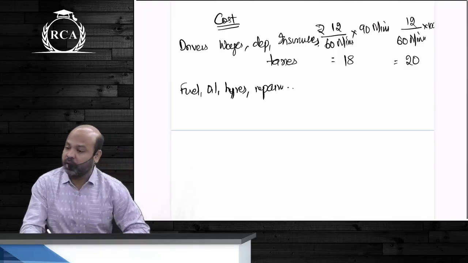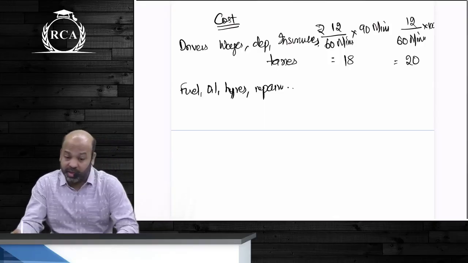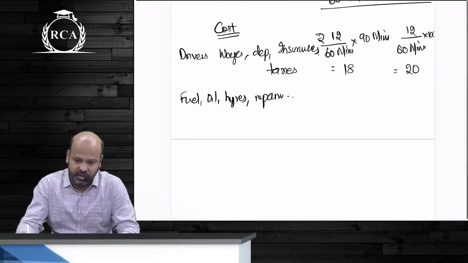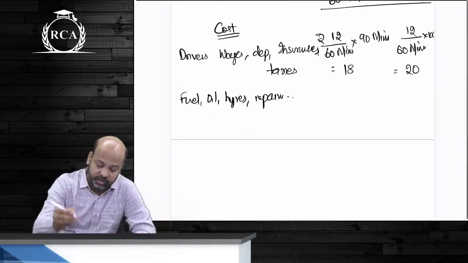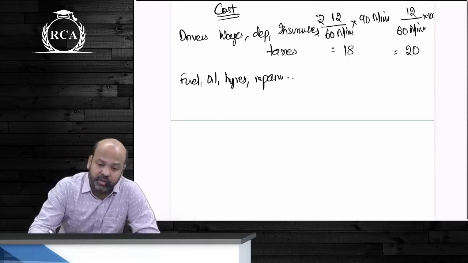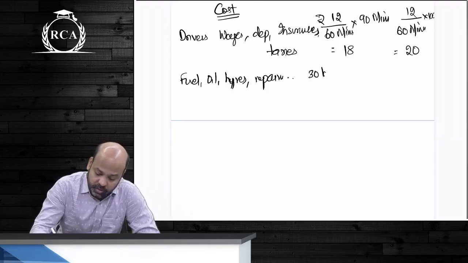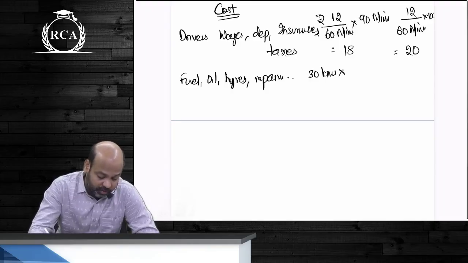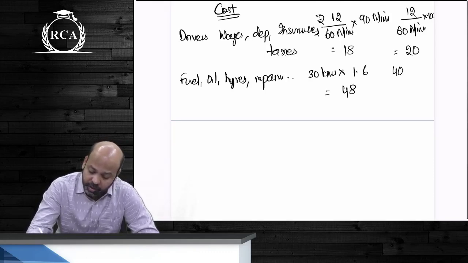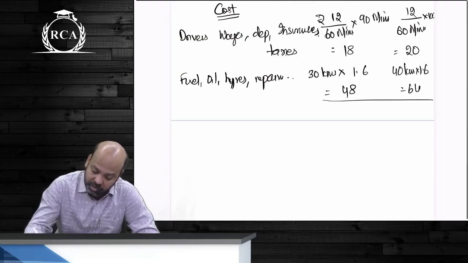1.6 per kilometer. So what was the total distance that we have covered in the first case? Yes, beta Varsha, what's the distance that you've covered in the first case? 30 kilometers. In the second case, beta, 40 kilometers. How much will be this amount? 30 kilometers multiplied by 1.6 is 48. 40 kilometers multiplied by 1.6, beta, is 64. Total amount, guys?